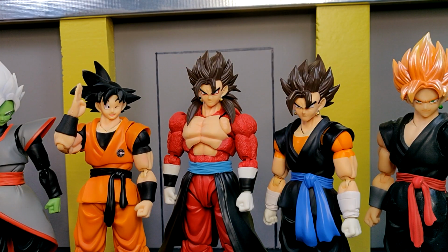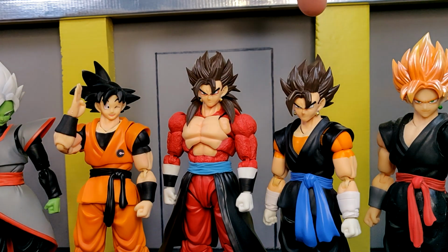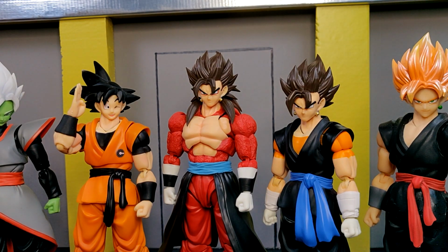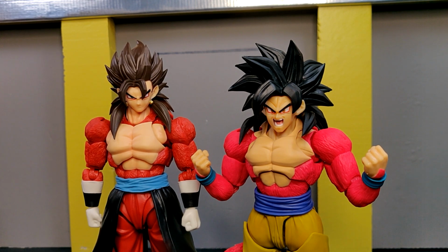And now for some size comparisons, starting from left to right. Here we have the SH Figuarts Merge Zamasu, the Capsule Corp Goku, the Kong Studios Dragon Ball Heroes version Super Saiyan Blue Vegito, and the Kong Studios Resurrection F version Goku Black Super Saiyan. And one thing I'm noticing about all the size comparisons is that this Vegito is actually a lot taller than all of the other counterparts that he has, but here he is, we're standing right next to the SH Figuarts